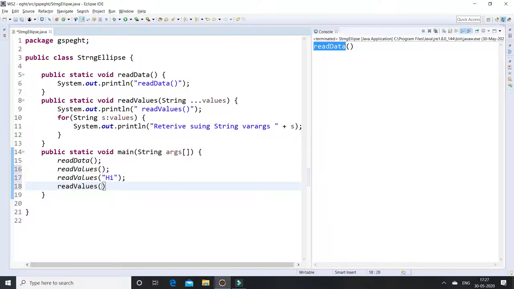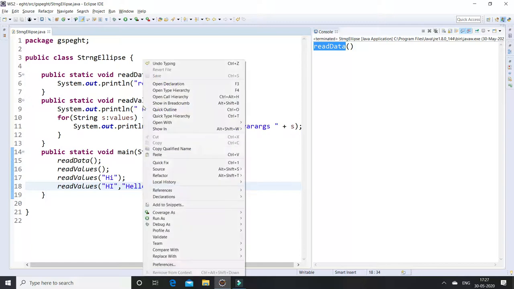Again I am passing 2 more arguments, and it is still not showing any error. So whenever we declare string varargs or string ellipses, we can pass as many arguments as we want. If the end user doesn't know how many arguments will be passed, we can use the string varargs concept. Let us run our application.